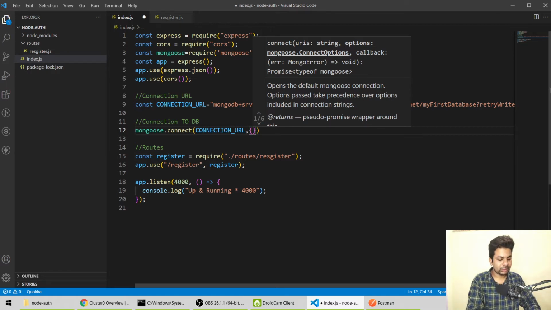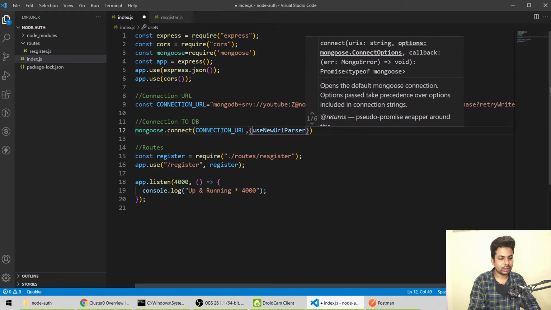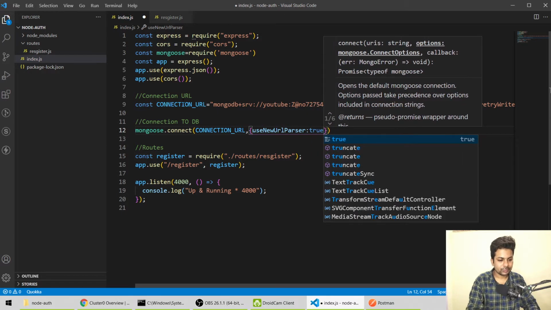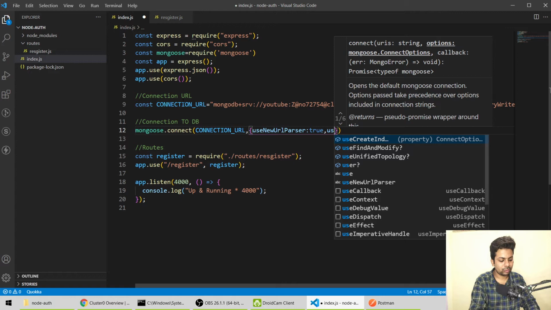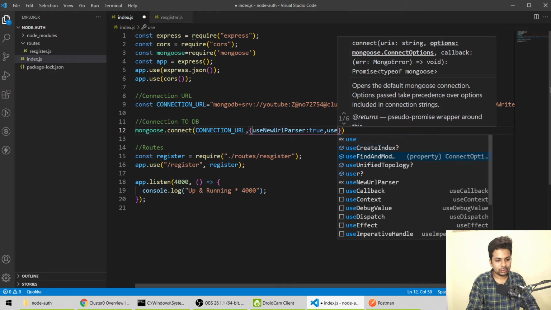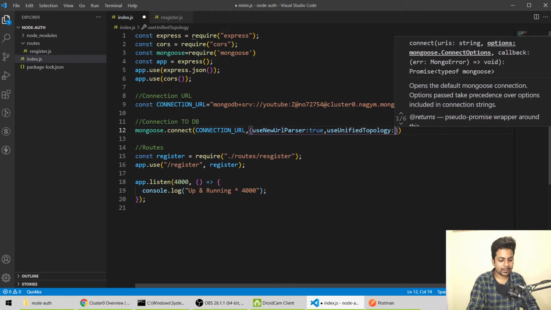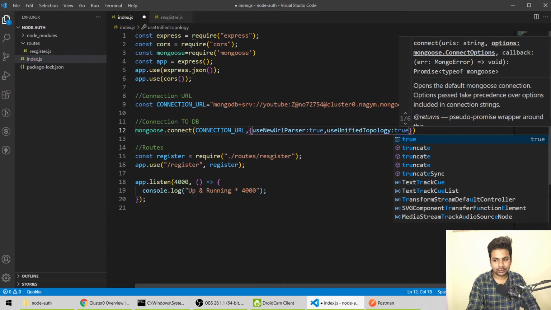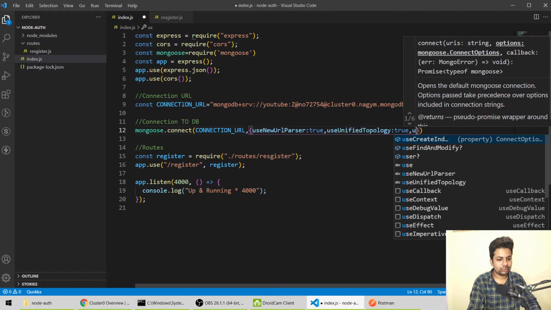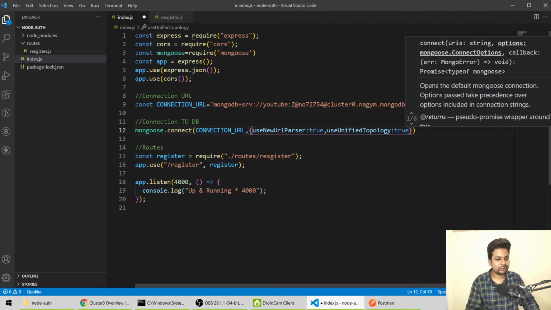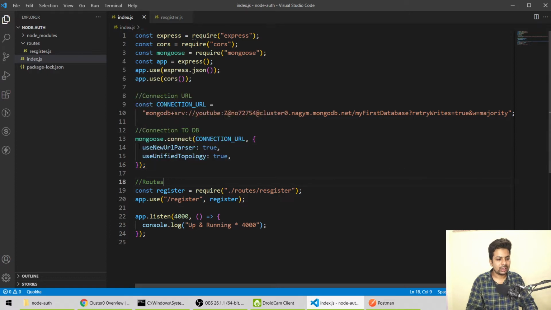So for that we'll use useNewUrlParser true, then we're gonna use useUnifiedTopology and we'll set it as true. That I will tell you afterwards. So we'll use these two things.